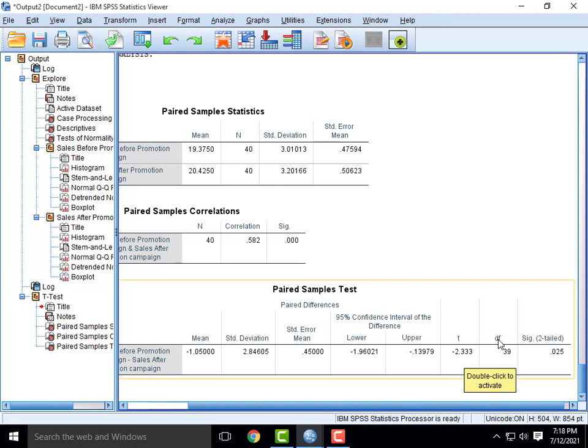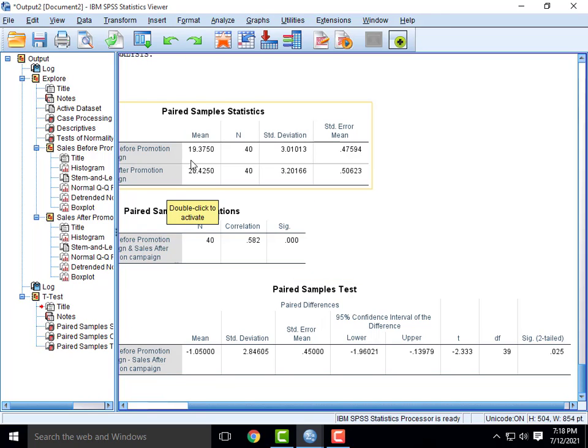Degrees of freedom 39, that is n minus 1. N is 40 minus 1, so 39. The significance value, the two-tailed test value, is 0.025. This is less than 0.05. So we reject the null hypothesis. So we can conclude that there is a significant difference between the before sales campaign value and the after sales campaign value.